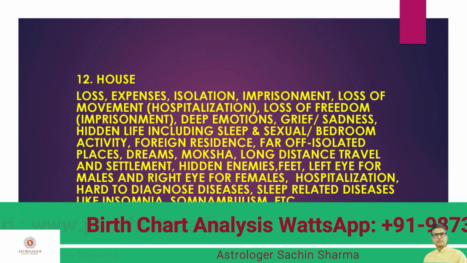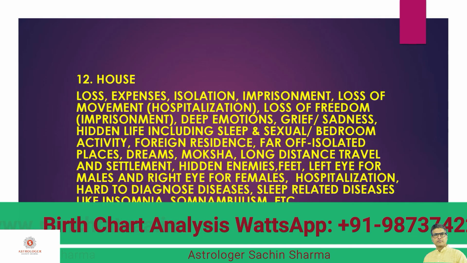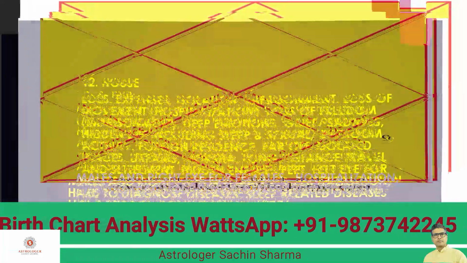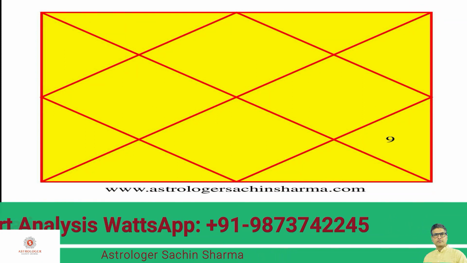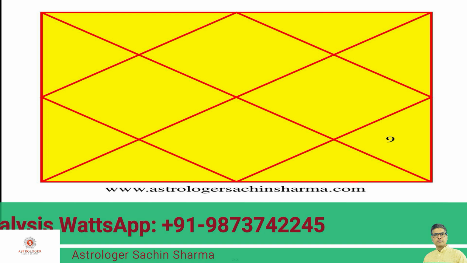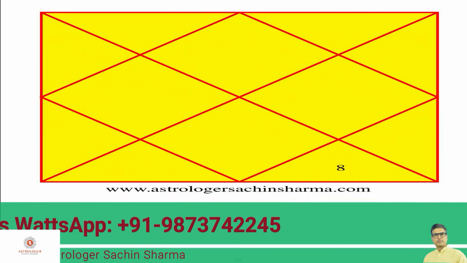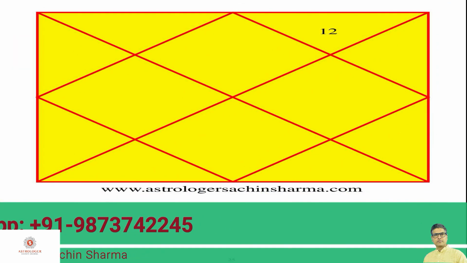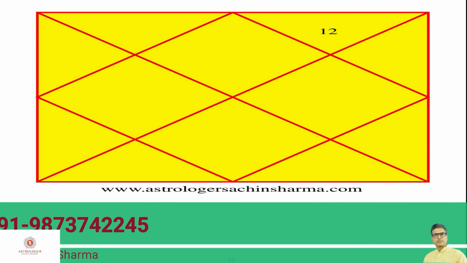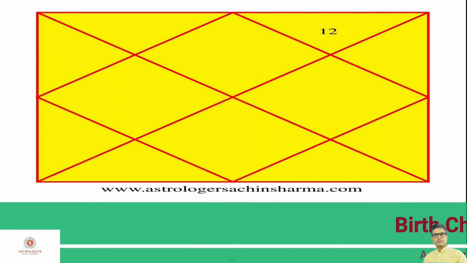So it's better to learn the most important aspects of the house. Like 9th house represents our luck. So whenever we analyze a birth chart and check about the luck, then we see the 9th house. Similarly for disease, we see the 8th house and 12th house. So these are the most important points. You have to take out those most important points from each and every house so that it will be easy for you to remember those. I think things are very clear now, and you can use these points as notes as well in this tutorial.